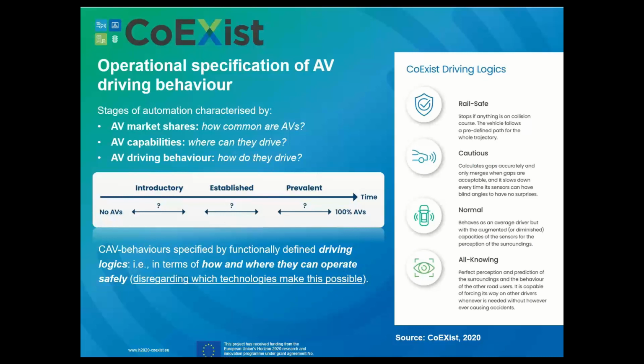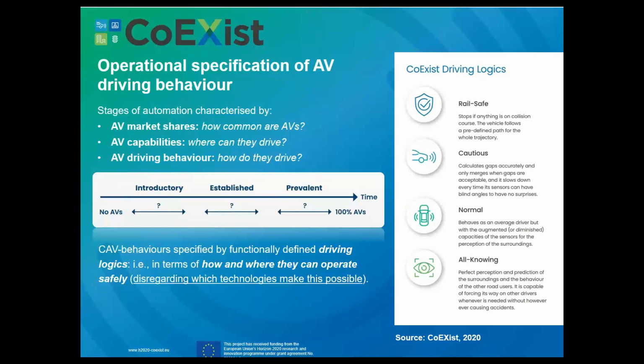And politically described here, we have the rail safe one, the cautious one, the noble, and the all-knowing driving logics. You can see the descriptions there, but without going into much detail, they would basically characterize a few options of how the vehicle can behave in relation to its level of automation, and in relation to how well it's connected with the infrastructure, what knowledge it would have, how safe it would be, and what